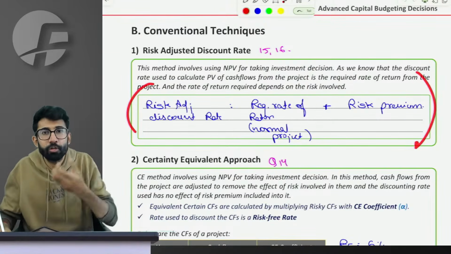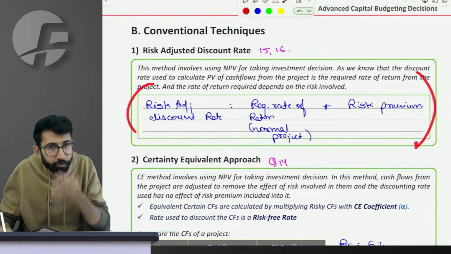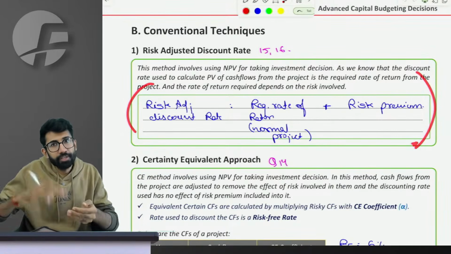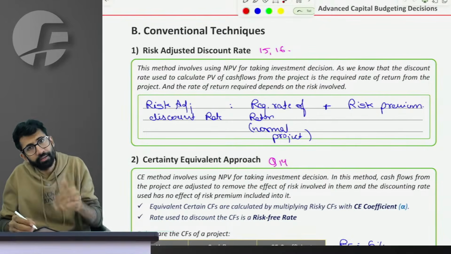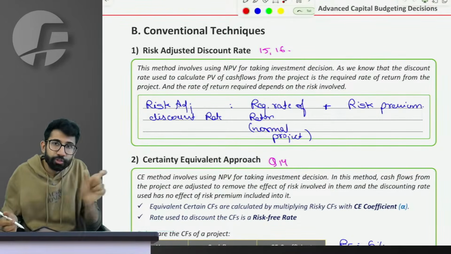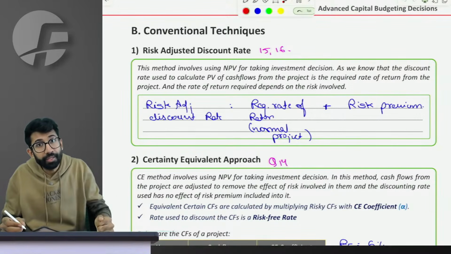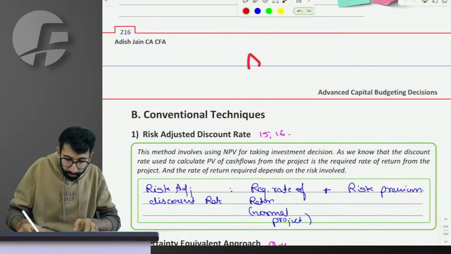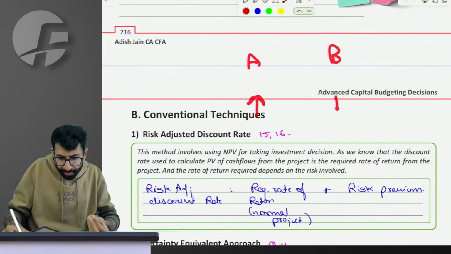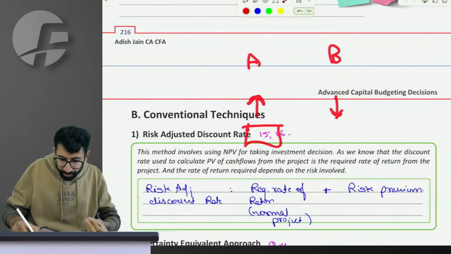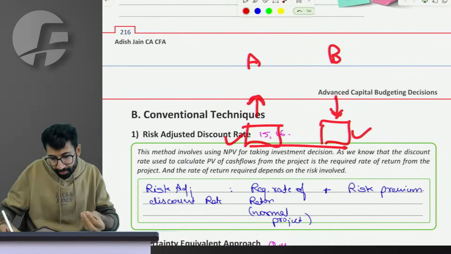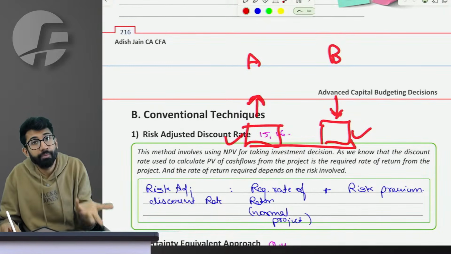That is what they say. If you want to incorporate risk in a project while evaluating different projects, identify the risk involved. If the risk is more, evaluate it at a higher rate, and automatically the effect of risk has been given, and then you can choose whichever project has the highest NPV. Project A has a higher discounting rate. Project B, because of lower risk, has a lower discounting rate. Then calculate NPV. Do you agree the effect of risk has been incorporated in NPV? Yes. Now after that, whatever is the higher NPV, choose it.